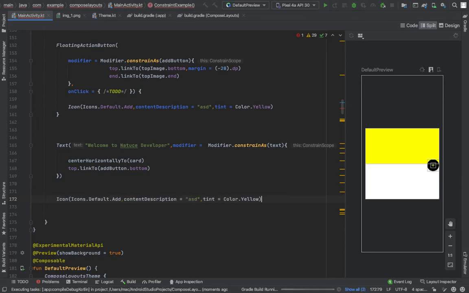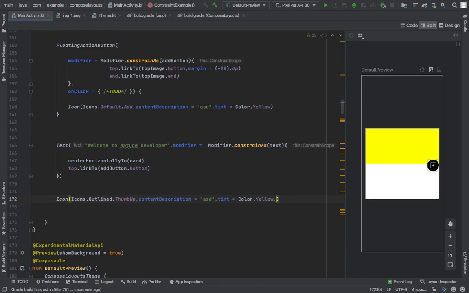You can also use drawable icons in this by using image resource or painter resource functions in icons and image, but we are using default functions which provide us vector icons like icons.default. We have many options here like icons.outline, so we are using icons.outline.thumbs up function.